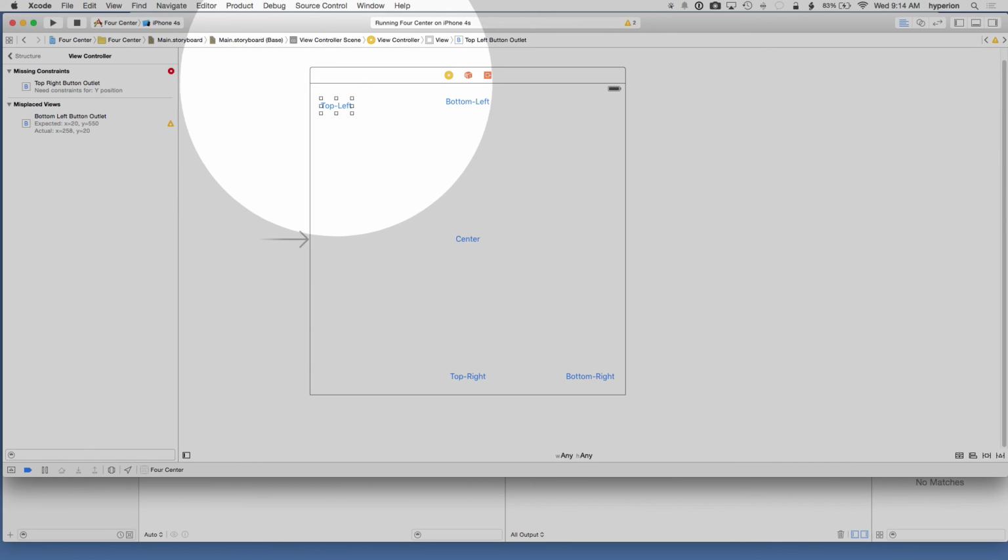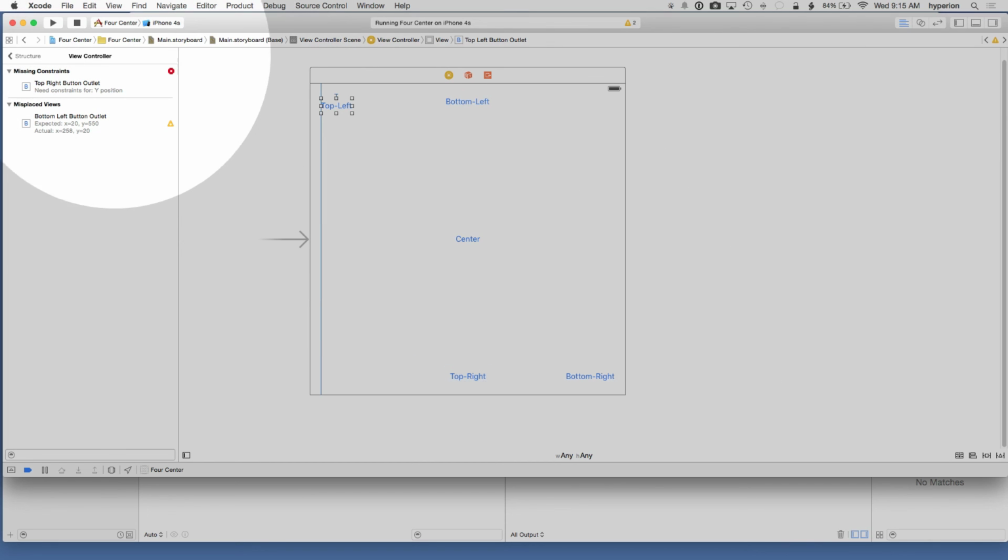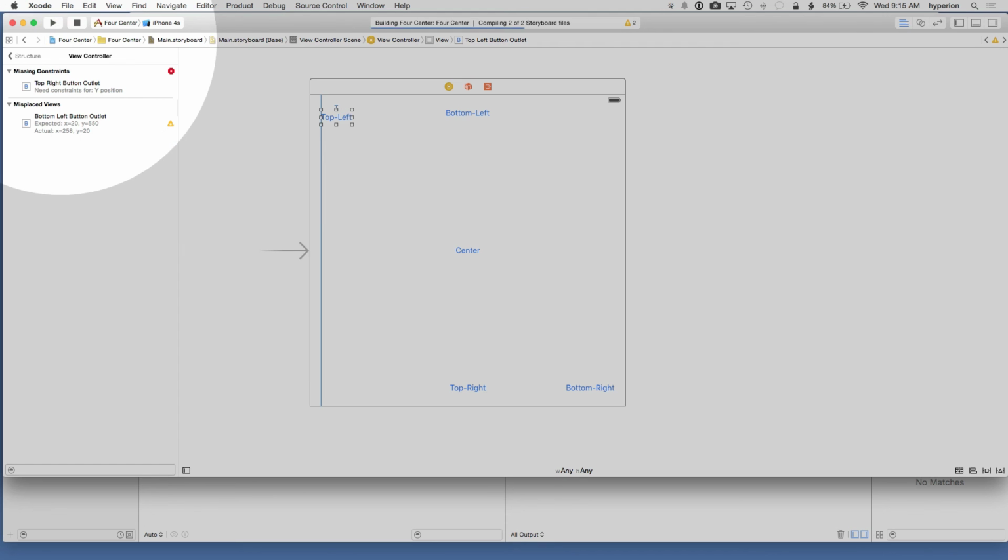Well, where do I want this object to stick? I want it to stick to the top of my area here in the storyboard, and I want it to stick to the left side of my storyboard. So when I'm trying to get it to stick somewhere, I want to use the pin option, and I'm going to pin it to the nearest neighbor above it and to the left. So I'm going to be adding two constraints. All right, and then I'm going to run it